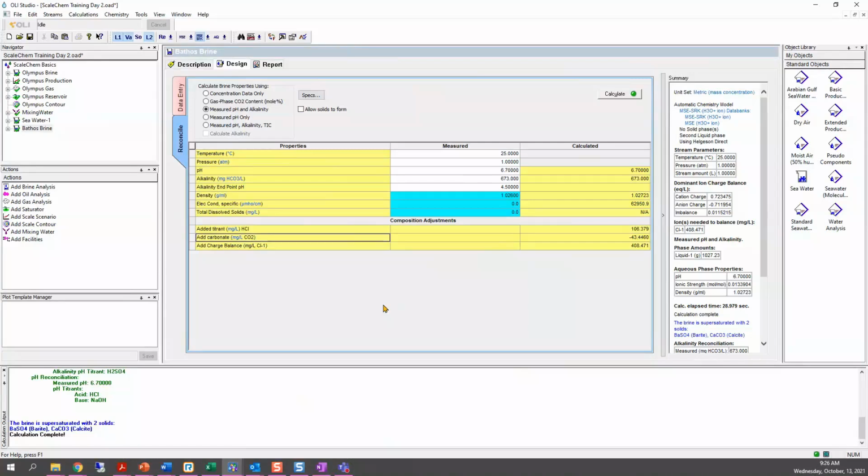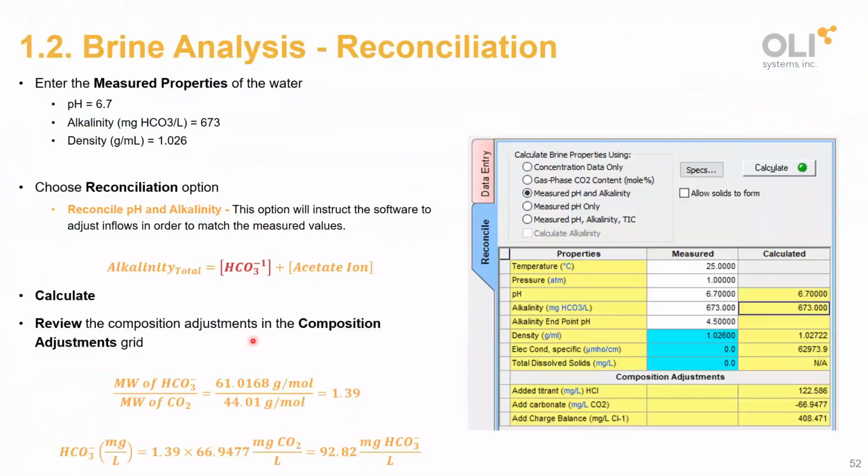So what the software is saying is that if you want to remove or add bicarbonate, the software will remove or add CO2 instead. And this is what it does in the background. If you are removing CO2, in order to translate it to bicarbonate, you need to make this calculation. You have your molar ratios here of bicarbonate versus CO2. This is a manual calculation that we will need to do to have an idea, instead of CO2, how much of the bicarbonate was removed.